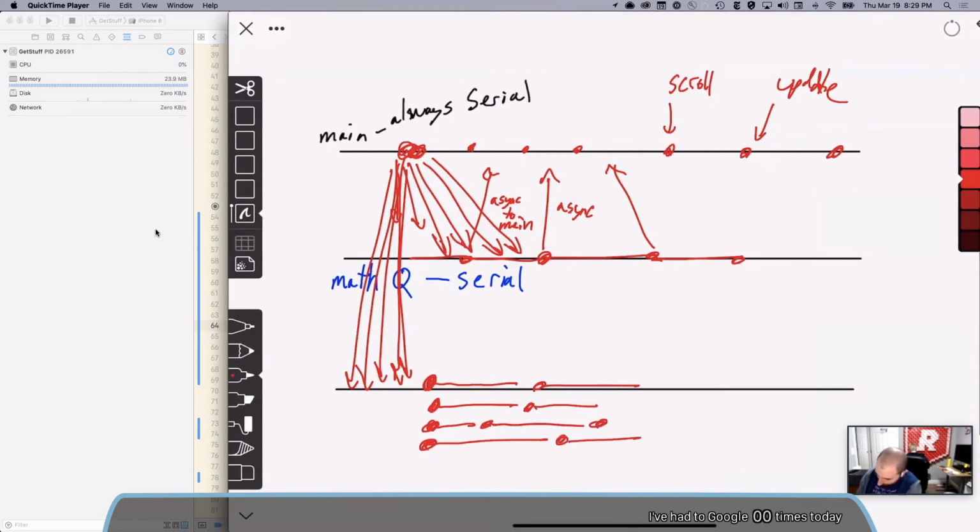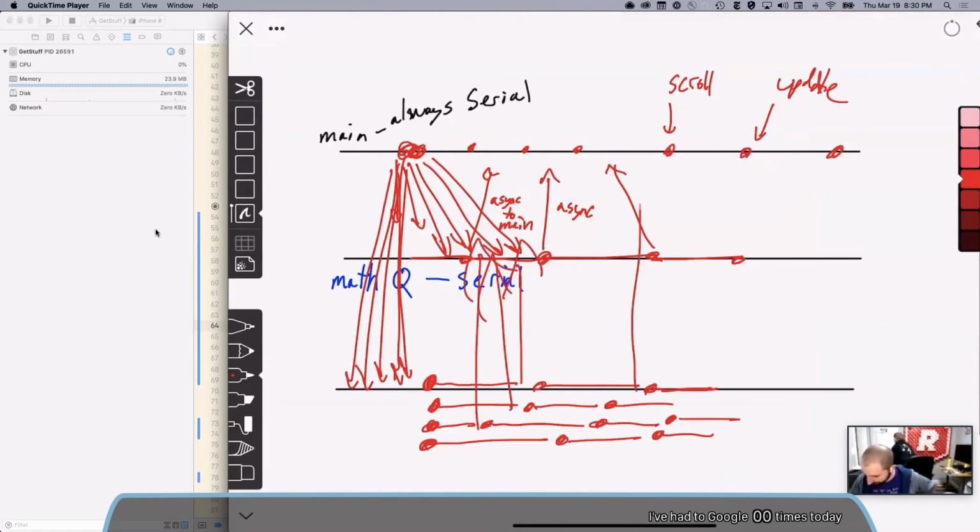And so if you have a problem that you're solving that can be broken down into small pieces, a good example would be if you're running some filter on an image and you can break it down into little chunks of image and run that filter on all the chunks, you can put that on a concurrent queue and take full advantage of all your CPU cores, which is really cool when you find a problem where you can take that kind of advantage. And then when each one of those finishes, they are sending back, okay, this diagram's getting useless, but they're all sending back to the main queue when they finish, and the main queue will slot them in.